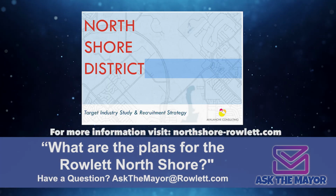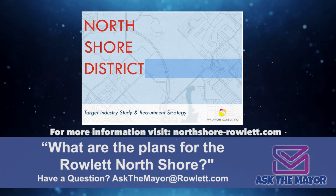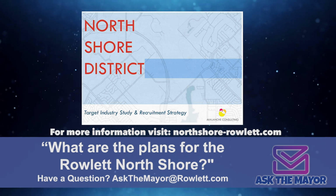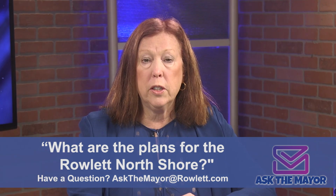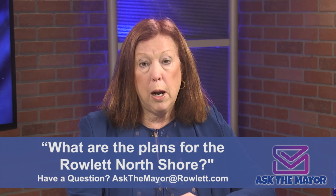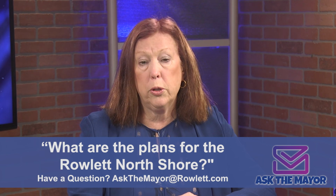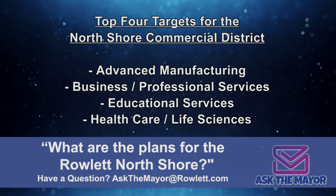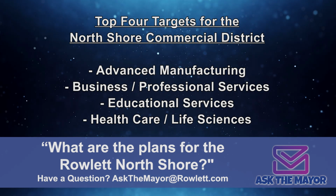In order to attract the right type of industries, the City of Rowlett developed a target industry and market feasibility analysis in 2016 to better understand the existing conditions and market, which influences the development patterns in the area. While the study helped develop the plans, the timing of the development within North Shore depends on the availability of infrastructure, support of property owners, and policy and regulations to ensure this will remain primarily a commercial district. The top 4 targets for the North Shore Commercial District are advanced manufacturing, business professional services, educational services, healthcare, and